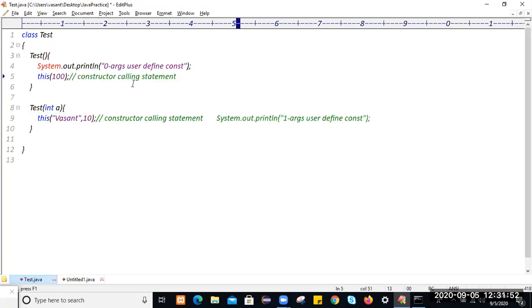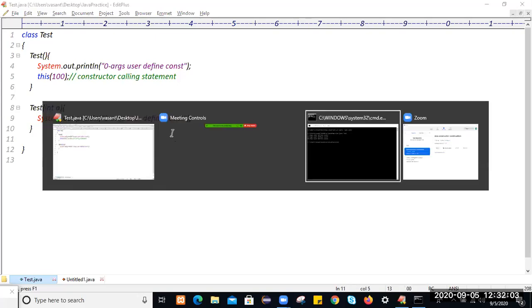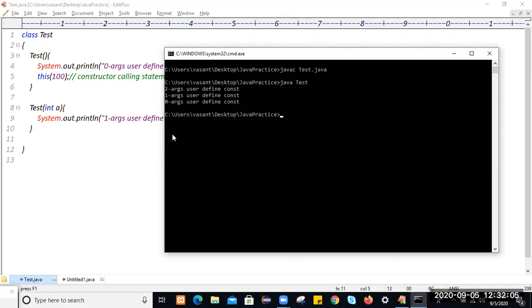So let me use this constructor calling statement for the one-arg constructor as a second statement, and this is the one-arg constructor. If you compile this application, you will get a compilation error. It will say constructor call must be first statement within the constructor. From the zero argument constructor, you are trying to call a constructor, but it is a second statement.